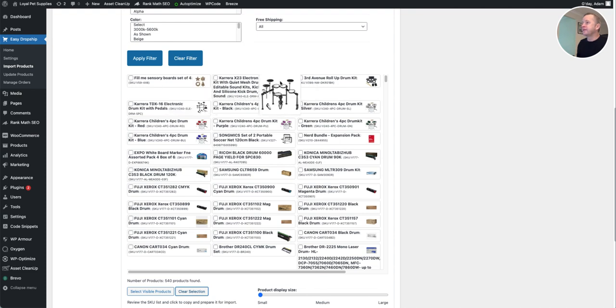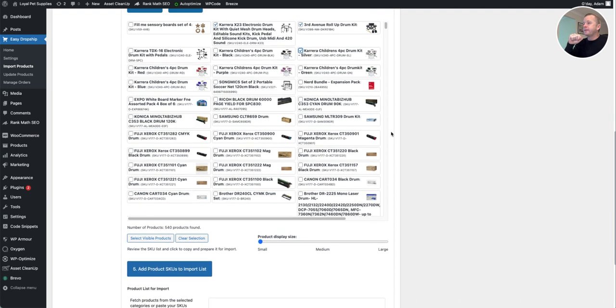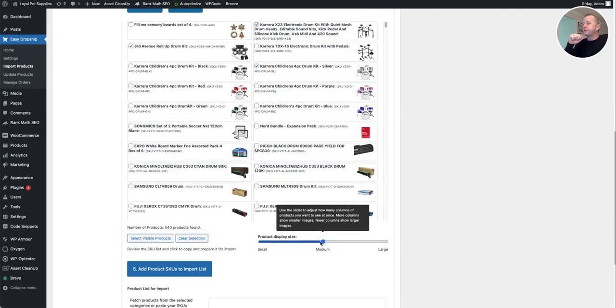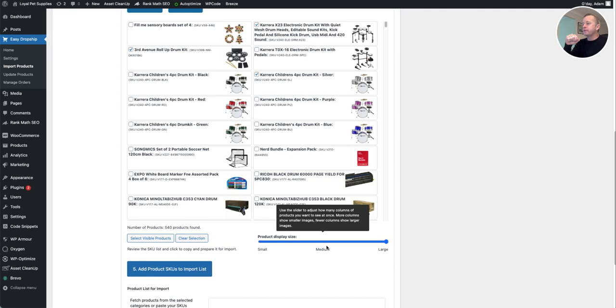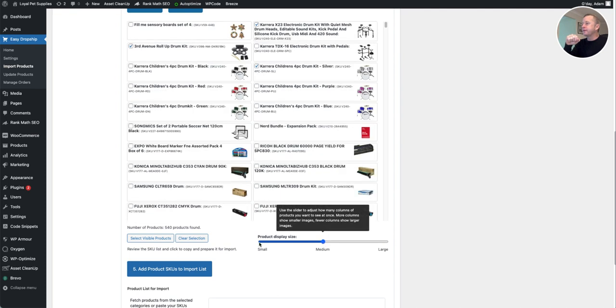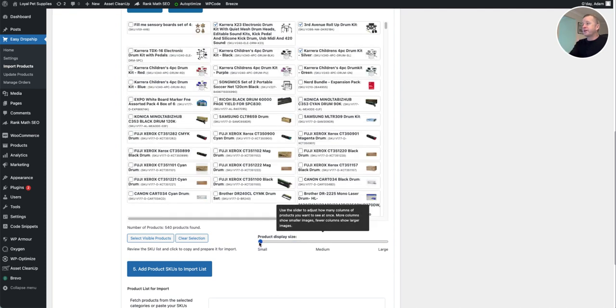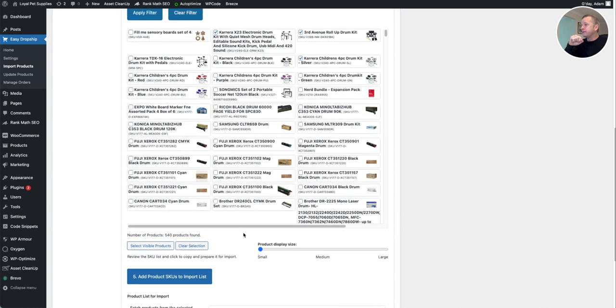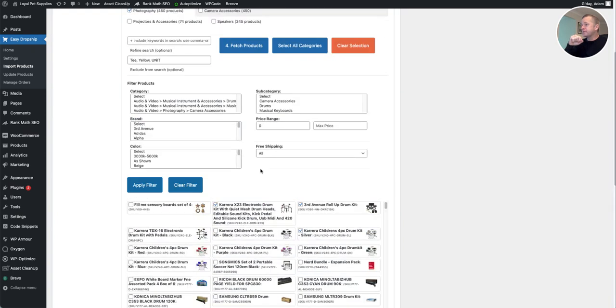So you can see you've got the bigger image, you've got the price, and this is the cost to you, not to the customer, and how many they've got in stock. So we'll just click these three, or these four, these three. If we want to, just to get a clearer image of what's happening, we can click those. You can see some random things which have been pulled in, which you can exclude if you want, and you can just really refine your search down to, actually let's do that just for the purpose of this